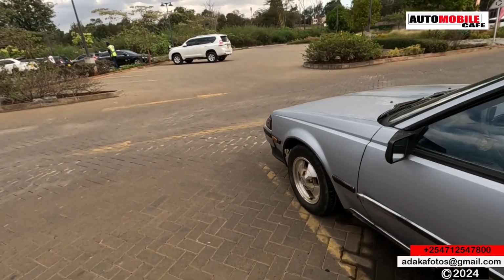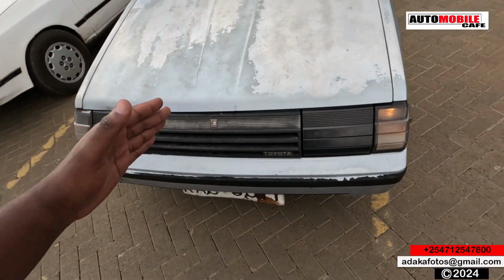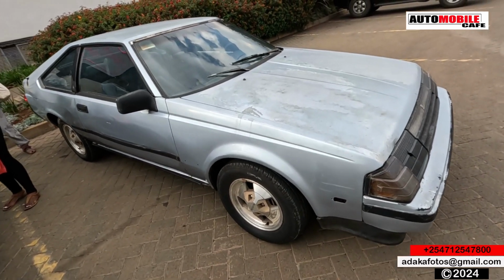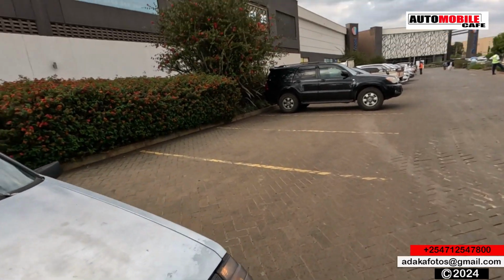However, that is actually to aid the car maneuver perfectly, because remember, for rear wheel vehicles, if you make it shorter, at times traction might not be good when it comes to driving. But now this beautiful vehicle here, the owner is just asking for a small amount of money to actually let it go. They've had this vehicle for more than 30 years and it's a one-hand vehicle. Yani ni gari generation na mikono mingi, and they're only asking for 800,000 shillings or a figure around there. So basically, if you're an enthusiast and are interested in this vehicle,